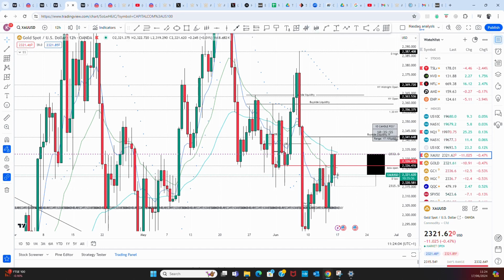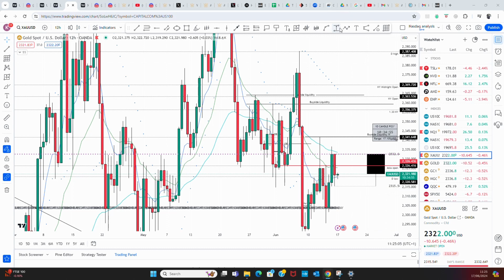So 12 hour equal lows at 23.15, equal 23.15 level. So can take these before moving